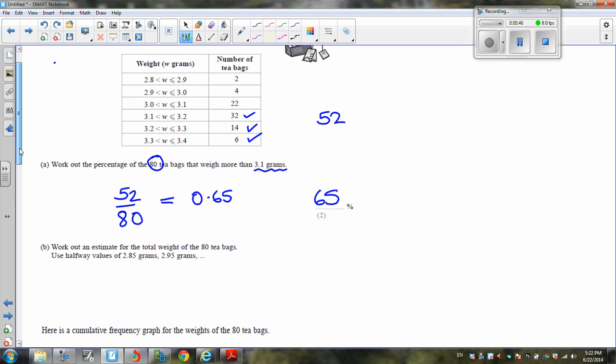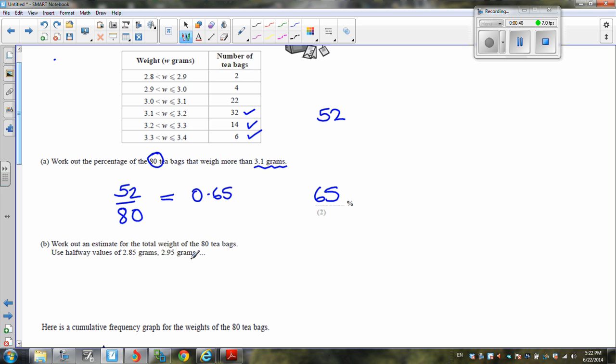Okay, next bit says, what is an estimate for the total weight of the 80 tea bags? And they're telling us that we can use halfway values of 2.85 and 2.95. Let's just rub this bit out at the moment. Okay, so we're going to take midway values. I'm going to just write those over here. So we've got 2.85, 2.95,